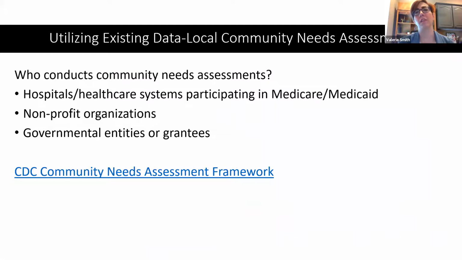And then I wanted to take a little bit of time to talk about other things that are going to provide you with even more information about your local community. When we started our coalition, everybody was like, you need to do a needs assessment. And I'll be honest, we were a small group. We had very limited staffing. And I just felt like a whole needs assessment was overwhelming to do.